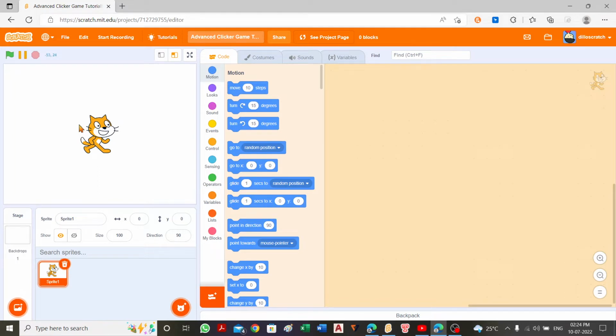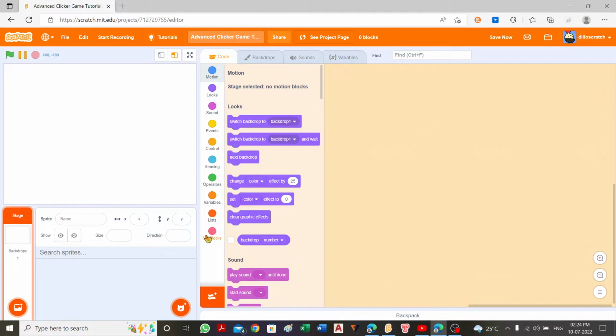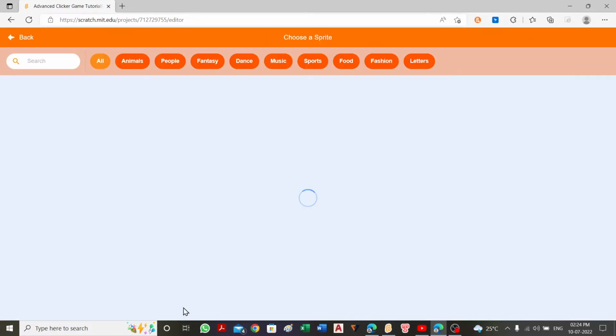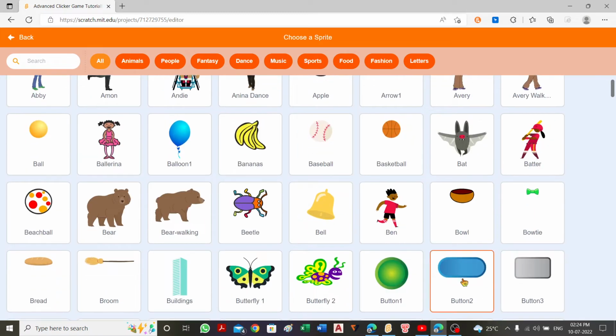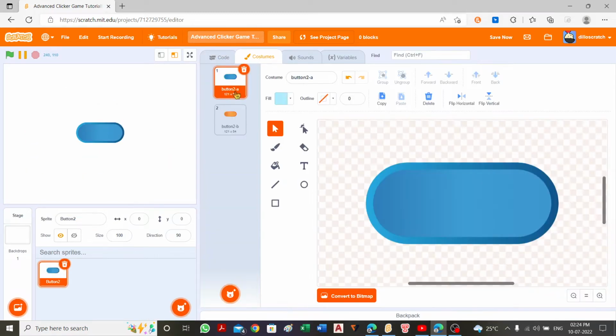So delete the cat if you want it to be clicked on. You can keep it, but I do not want it, so I'll delete it. So now hover over choose a sprite, choose whatever you want. I'm going to make one sprite, so if you want you can make your own thing by going to